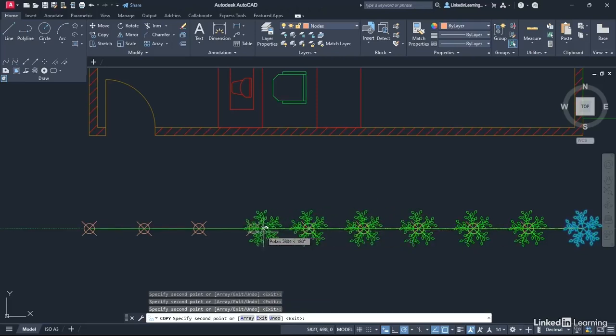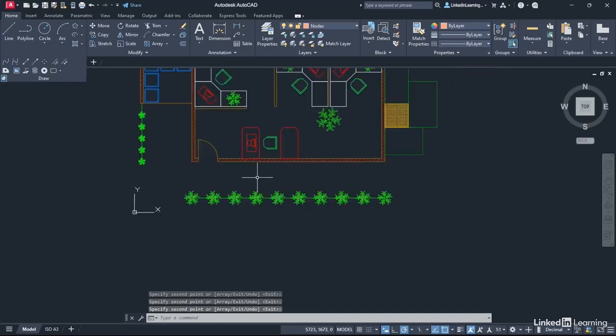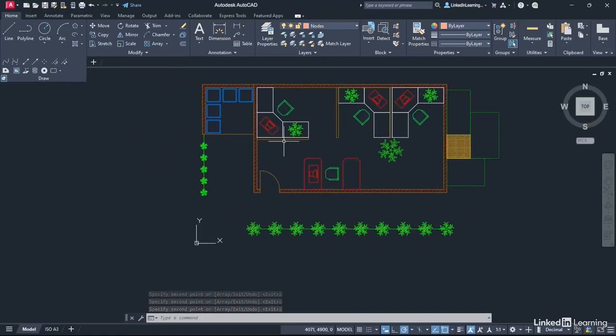So we'll just copy those across like so, just a few more to go, and then enter to finish like so. Now if I zoom out a bit and do what they call a regen, type in regen and press enter, you'll notice, can you see the nodes get bigger because they're now regenerated and are 5% of the screen